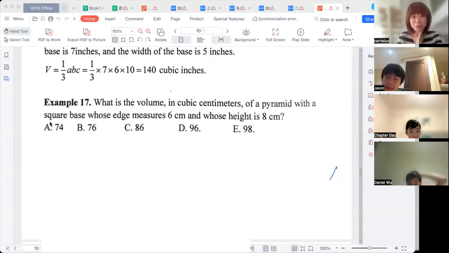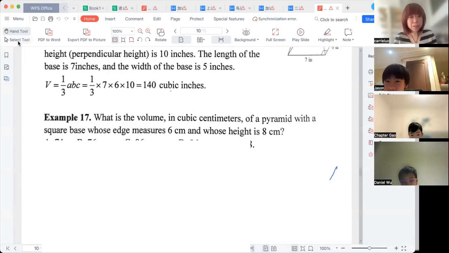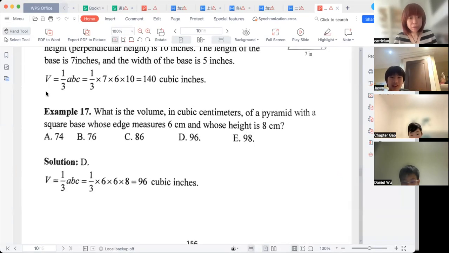Okay, last question, number 17. What is the volume in cubes of a pyramid with a square base whose edge measures 6 centimeters and whose height is 8? 太简单了，再错我就真的要上吊了。It's D. Guys, it's D. I don't think so. Let me check. I don't trust you. 6乘以8除以3，我不想做了。96. 96，对啊，这太简单了啊。